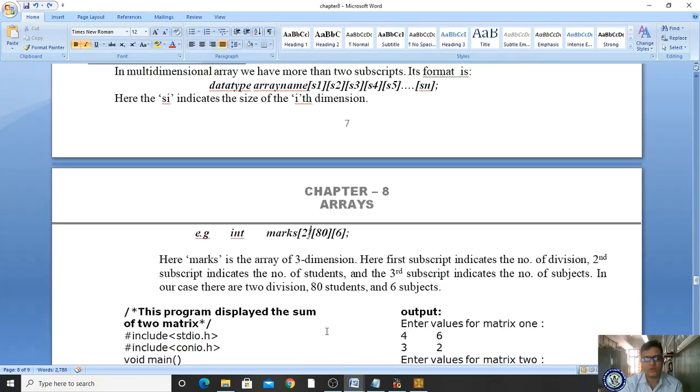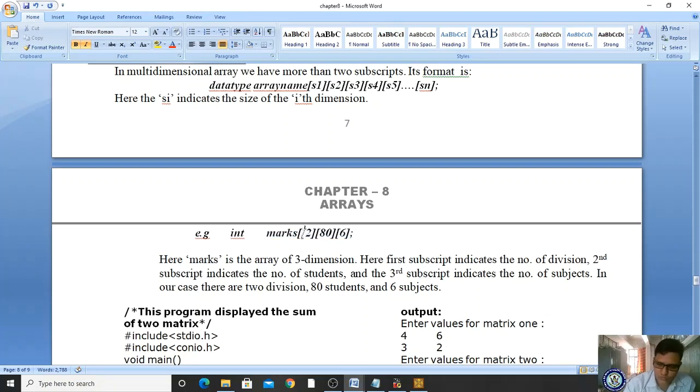So int marks[2][80][6] indicates 80 rows, 6 columns of 2 tables required. If you want to create 80 rows, 6 columns of 2 tables, then you declare a multi-dimensional array. Got it? Clear?